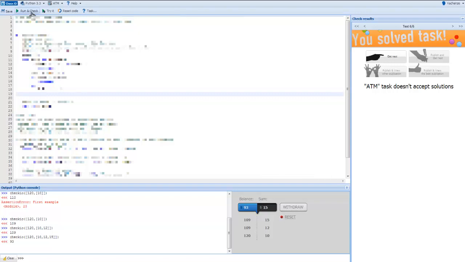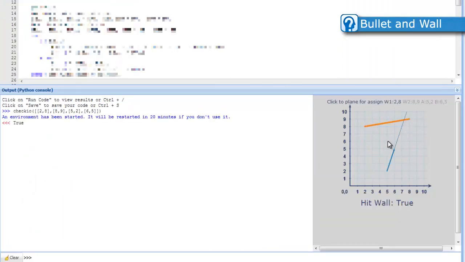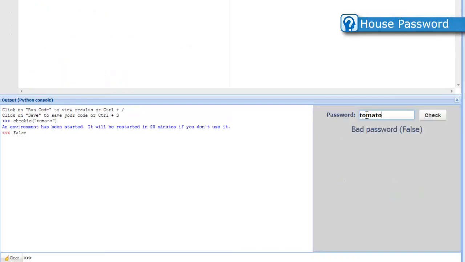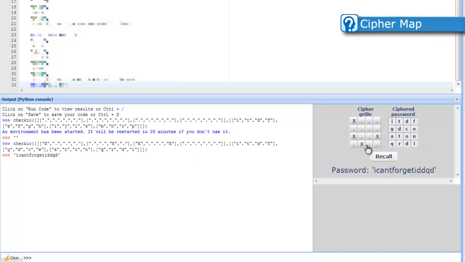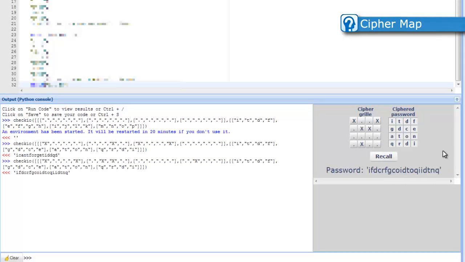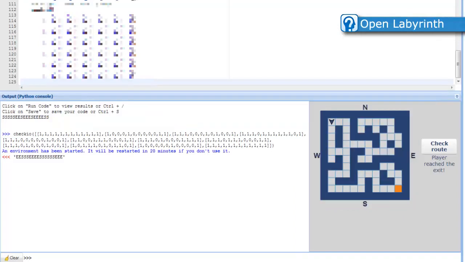The ATM mission isn't the only time you'll encounter the TryIt panel. It crops up in several different forms throughout multiple missions, such as the bullet in the wall mission, where you must determine if a bullet's trajectory will hit the wall. You will try to determine if a password is strong enough in the house password mission. You get to decrypt a password in the cipher map mission. In my personal favorite, the Puzzle 8 mission, you get to solve the classic Puzzle 8. And many,